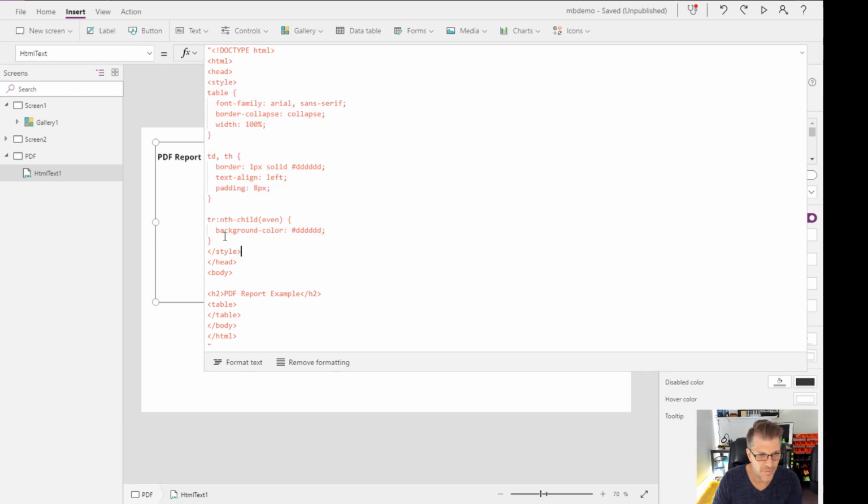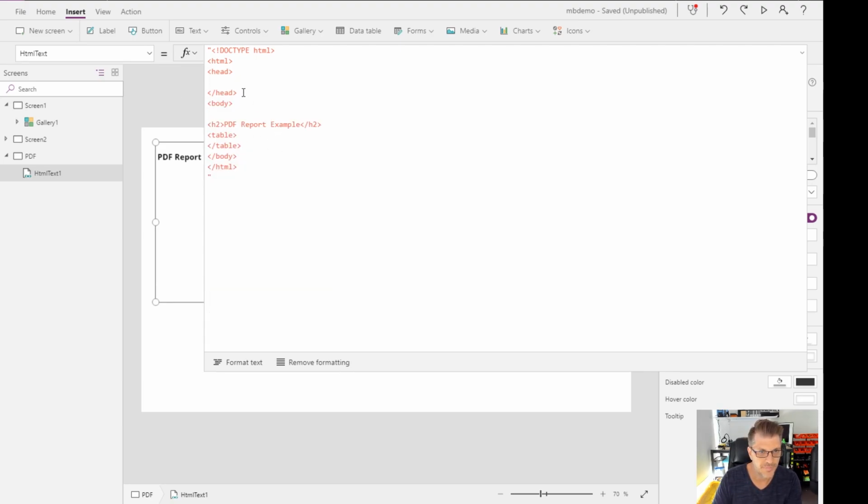So this particular one, we won't need this style. We're not going to need any of that. This is going to be pretty straightforward, and we won't need a table. So what I'm going to do, and I'm hoping most people here know a little bit about HTML, we can see this is a string, and we can actually concatenate